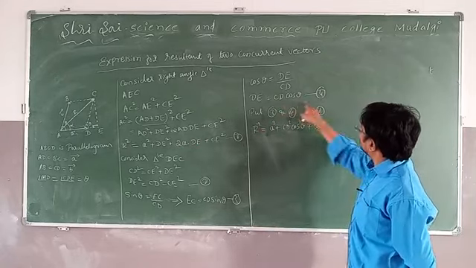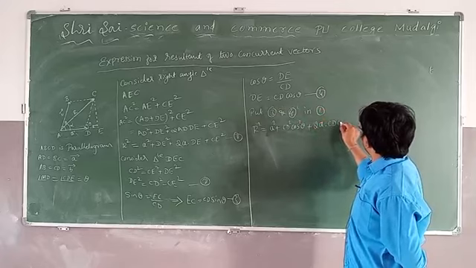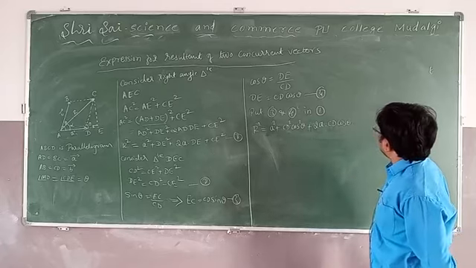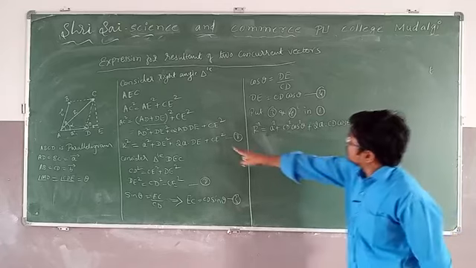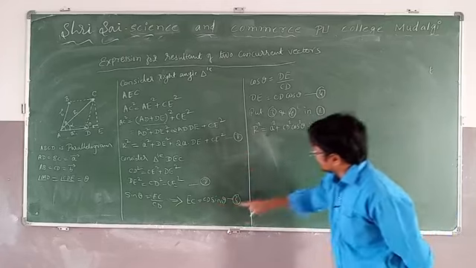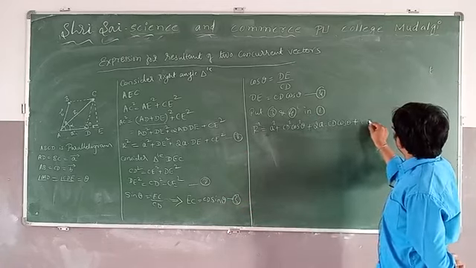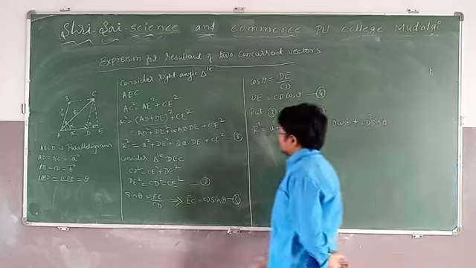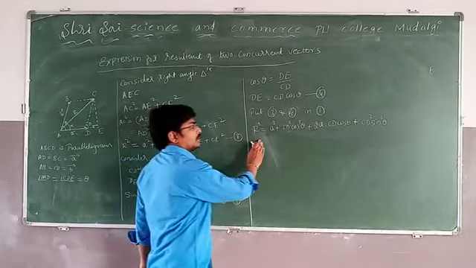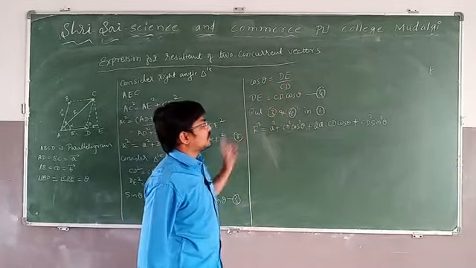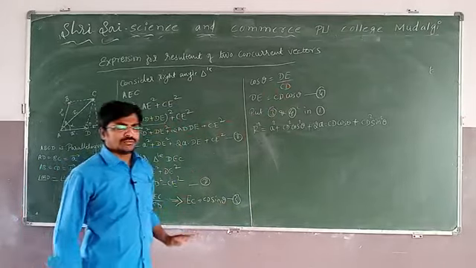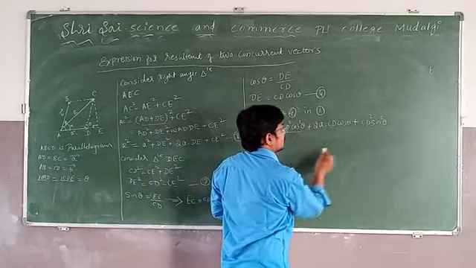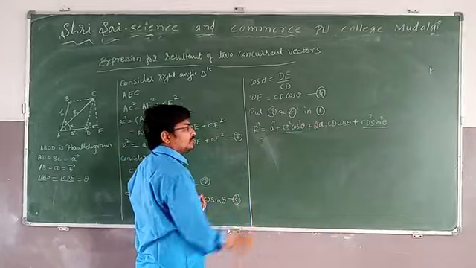What is DE? CD cos theta. Plus CE square. What is the CE square? CD square sin square theta. See what I did, I just put equations 3 and 4 into the first equation. Here, if you compare, CD square and CD square are common, no? Therefore you keep that